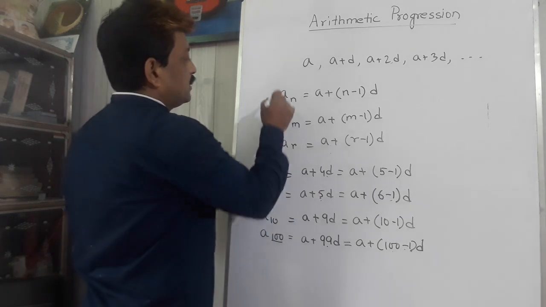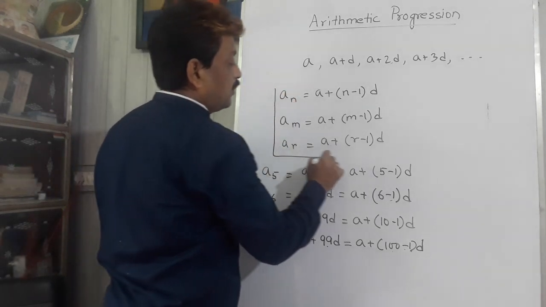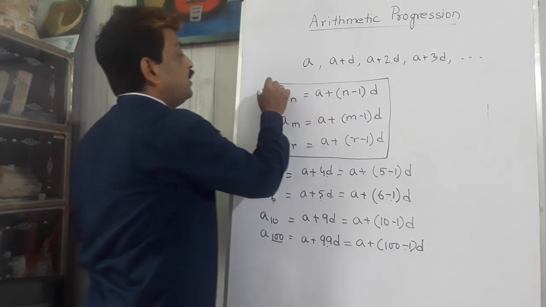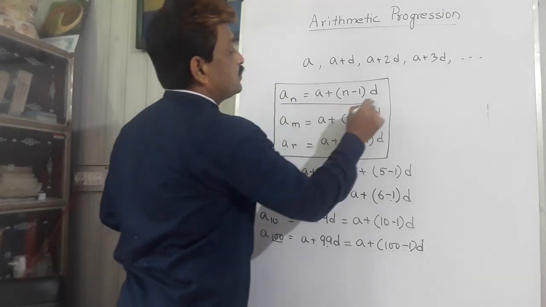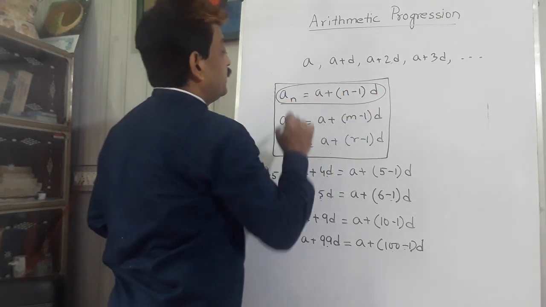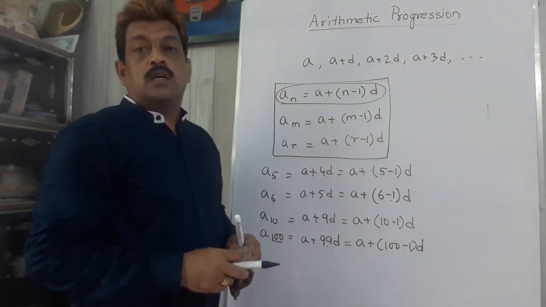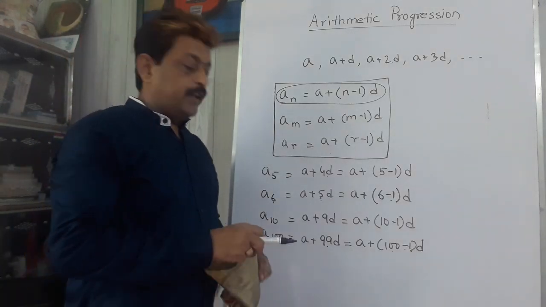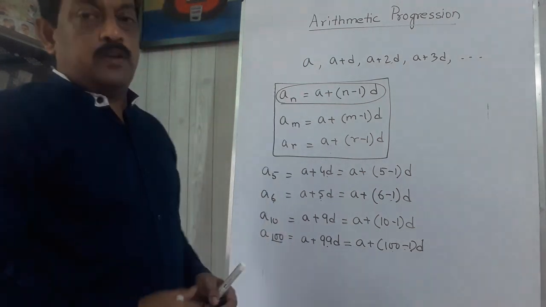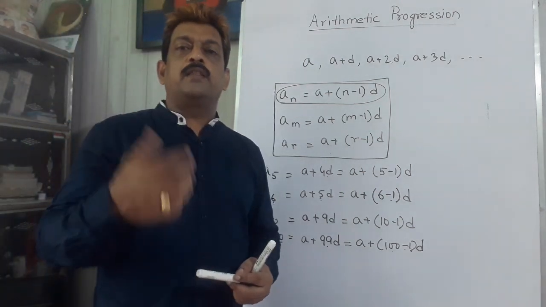This is the general formula for the general term of an AP. We can use any one of these, but generally we use this one: an equals a plus n minus 1 d. This is the general term of an AP. Actually, why is this formula used? Suppose I have to find the